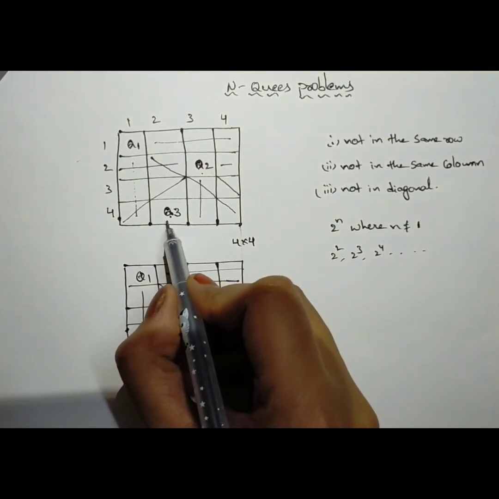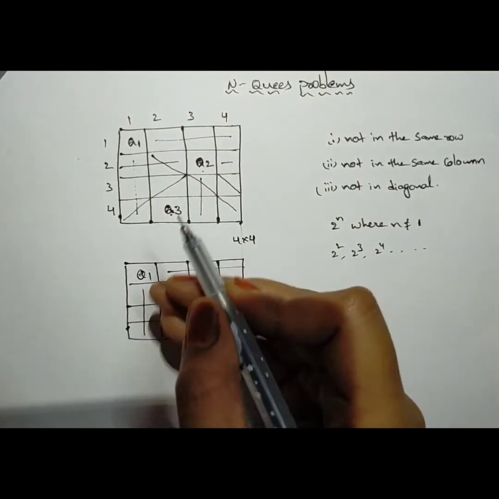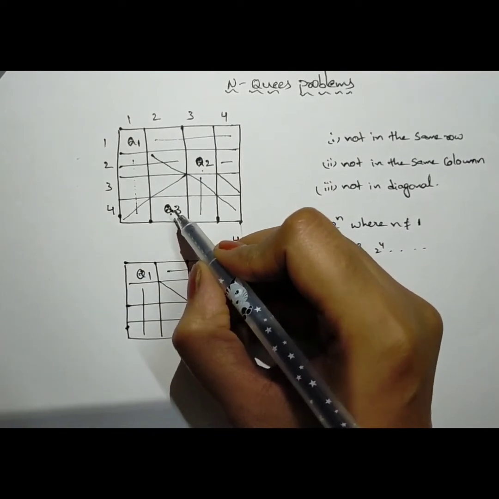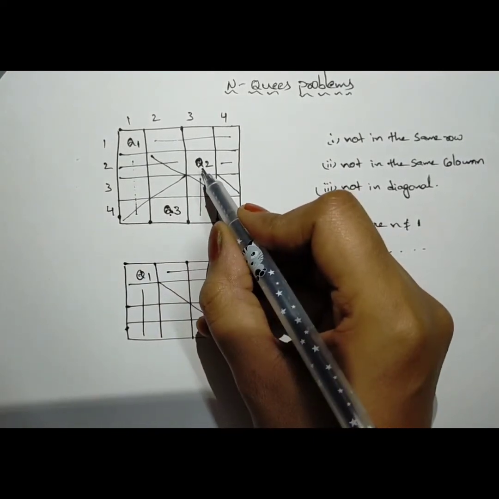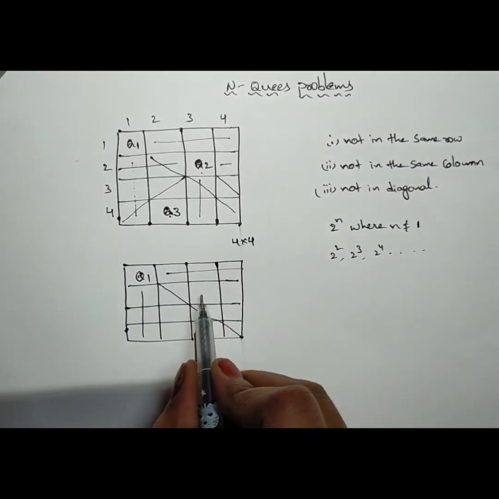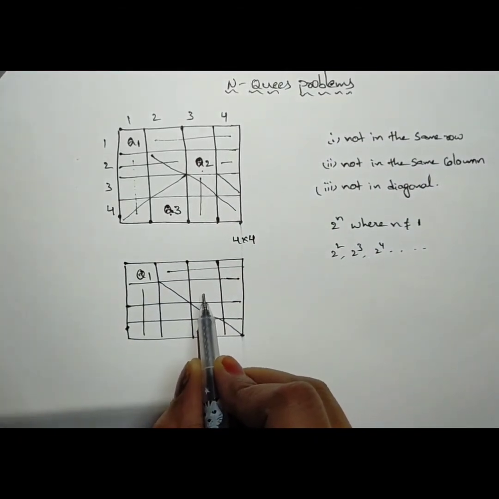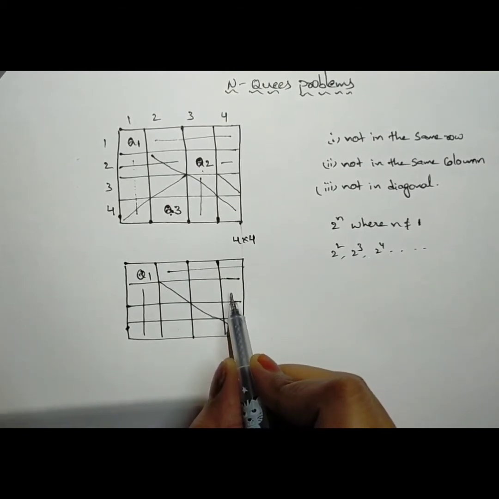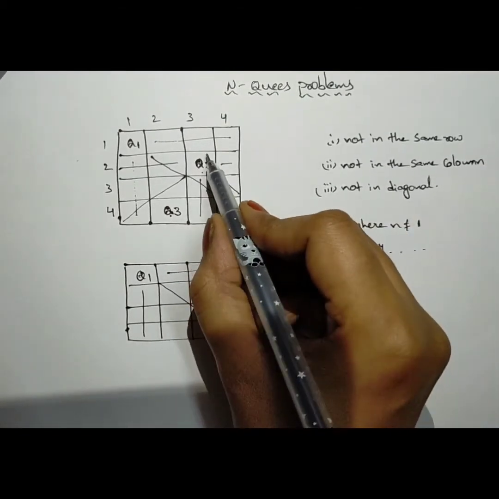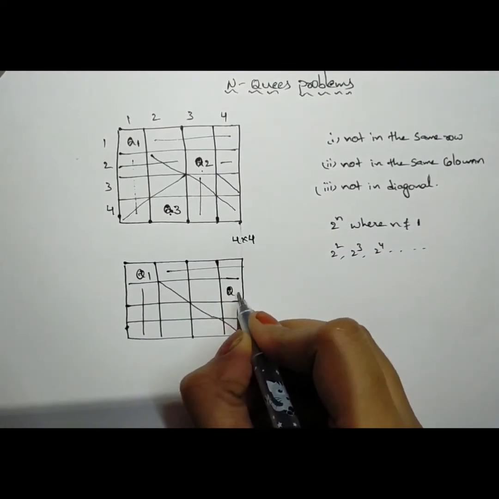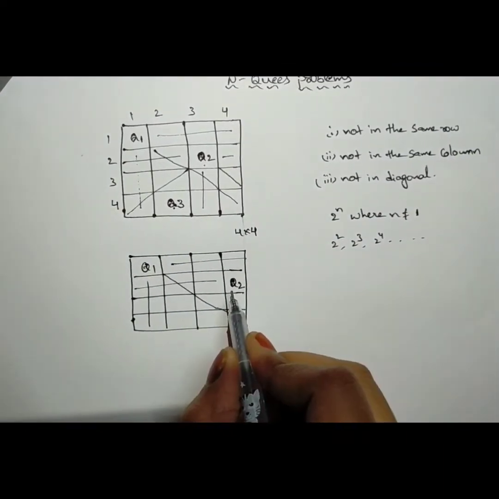From Q3 there is no possibility of moving forward. So in this step I have stopped the process and from here I am backtracking to Q2. Here there is a possibility of placing Q2 in this cell, and here also we can place Q2. As we put the Q2 in this cell, we don't get the answer. So I am trying to keep Q2 in this cell. We place the Q2 here.